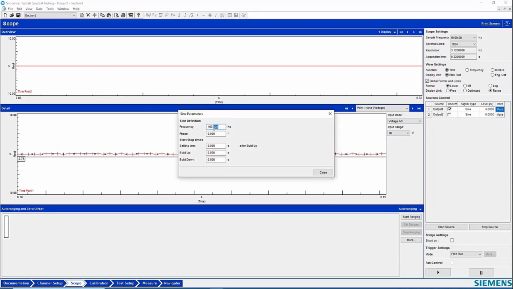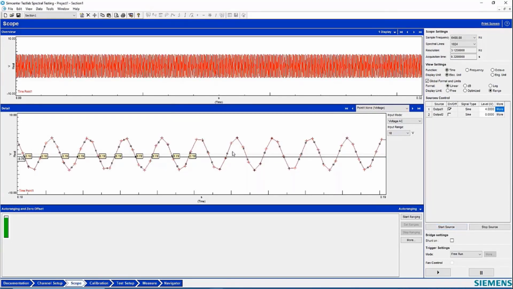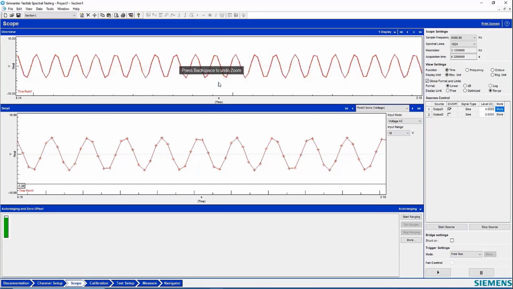So let's see what happens if I take my frequency up to 1,000. How many samples now will I get per cycle with the sine wave, Charles? You'll be getting 6.4. 6.4. So let's see what happens to our sine wave. What do you think, Charles? Am I getting something pretty siney? Yeah, it's a little jagged there. Not as nice as the first.